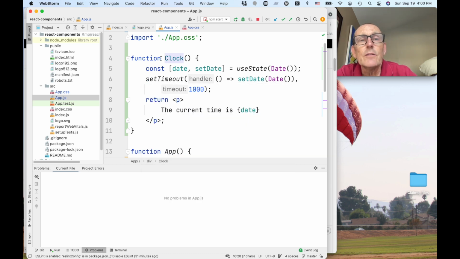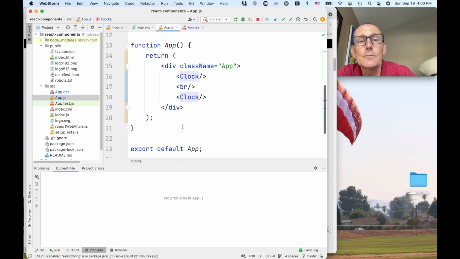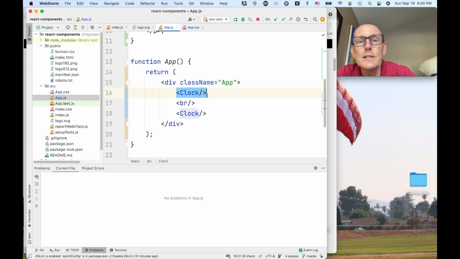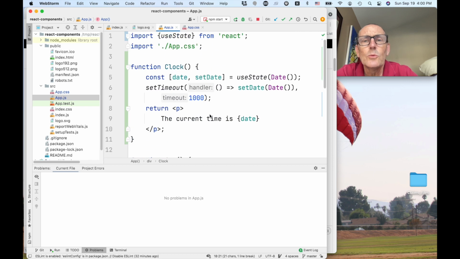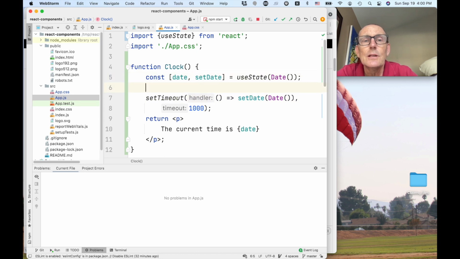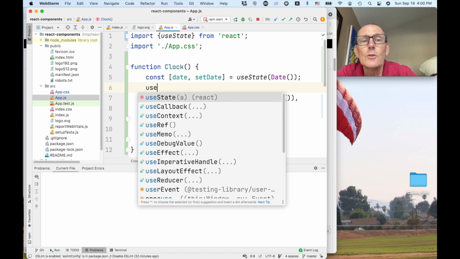And so we should look at how to fix it, and that is, let's say a clock goes away. So let's say we have two clocks now, and then in future we get rid of one of these clocks. Well, it's still got a timeout going that's going to fire, and we don't really want that to happen. So we need to somehow clear this timeout. Okay? And the way we clear this timeout is we go ahead and use something different, which is